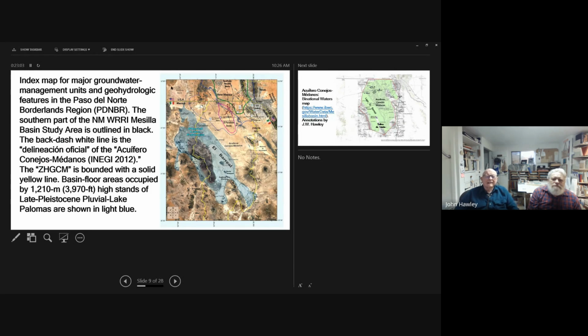But in contrast, this area that makes up most of northwestern Chihuahua stayed endorheic.